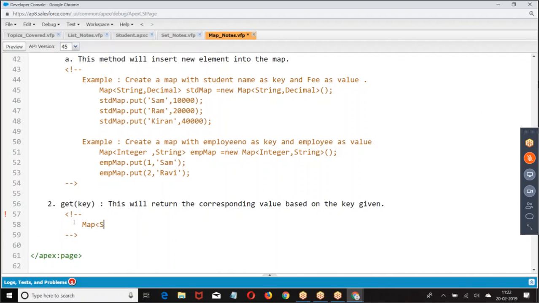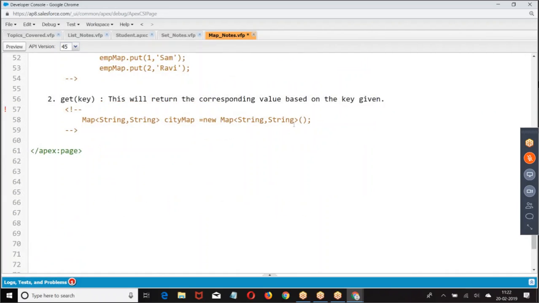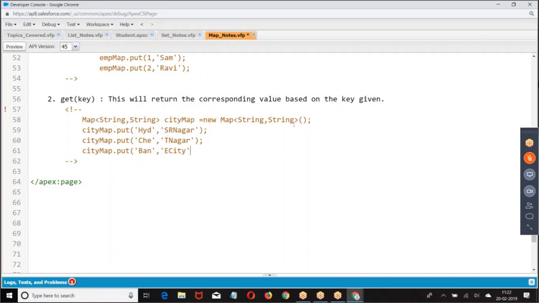I'm going to have a map of... This is how I got it.